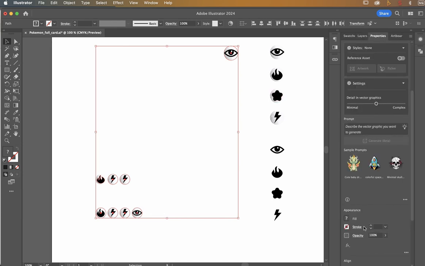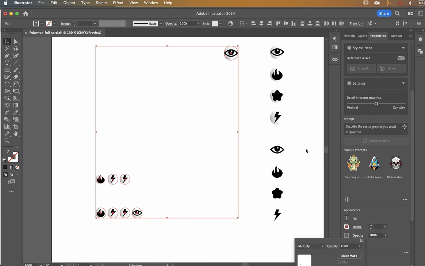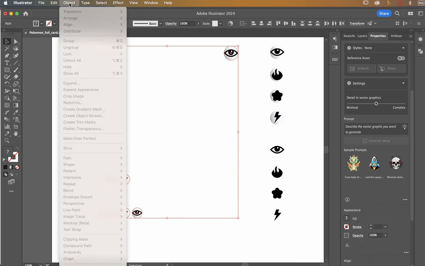So I can go properties, click on opacity, and change this to multiply. Now while I've still got it highlighted, what I can do is go object,